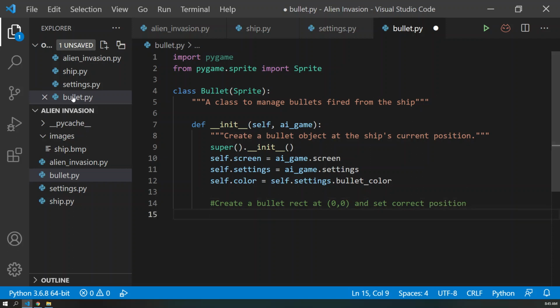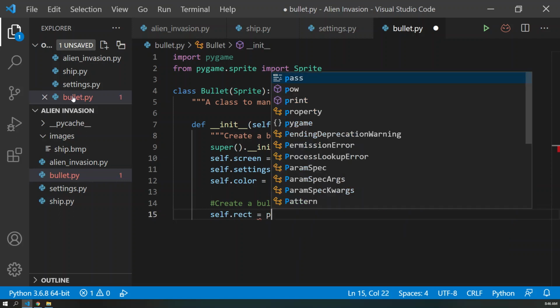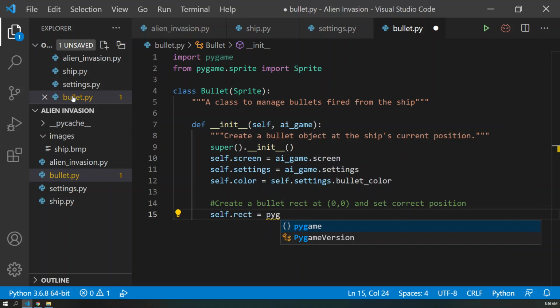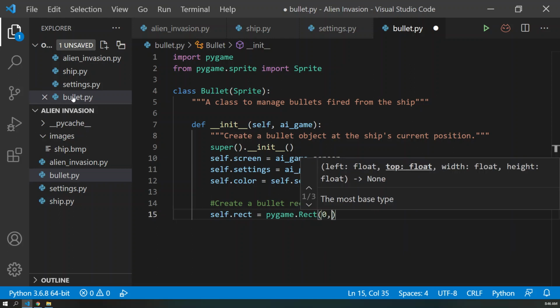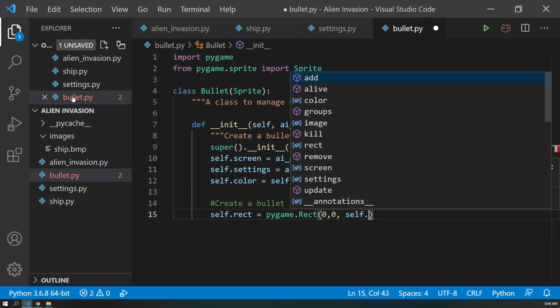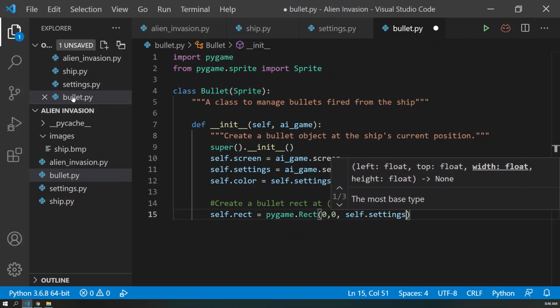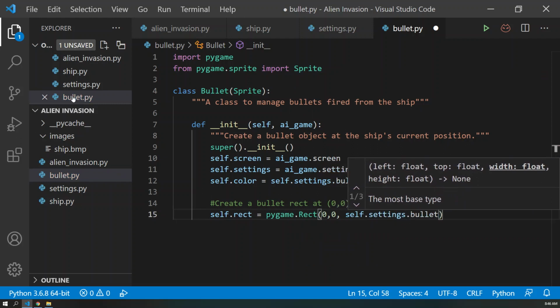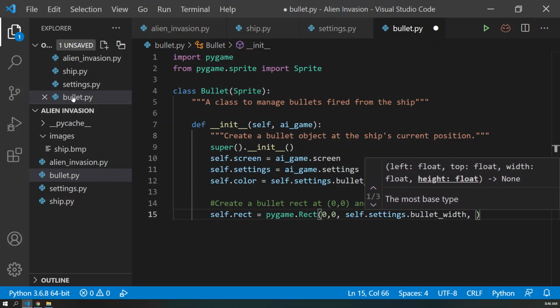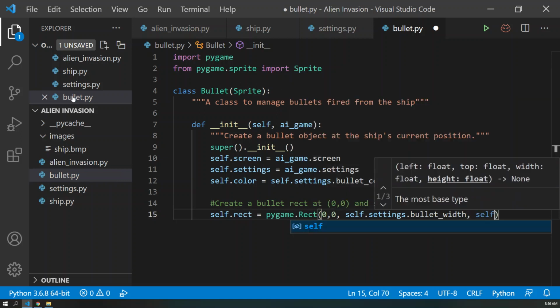So this will help keep the coding not too complicated. So we'll build a self.rectangle, and that's going to be equal to a pygame.Rect, and this is an object within Pygame where we're going to build a rectangle, and it's going to have the coordinates 0, 0, and then a self.settings.bullet_width, and then we also need to do self.settings